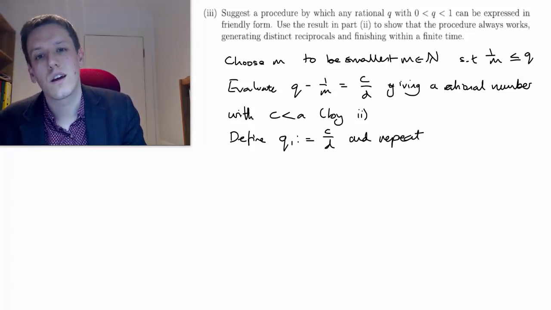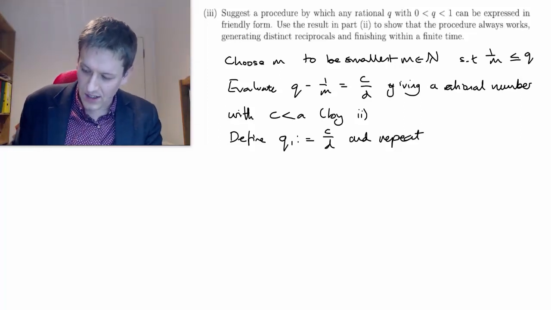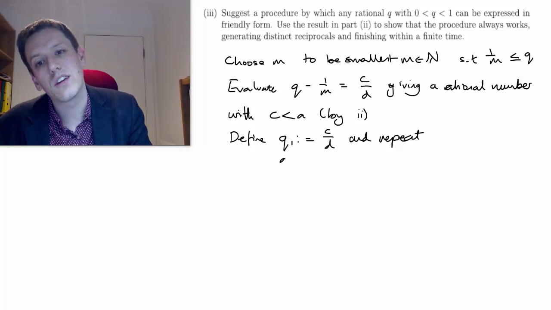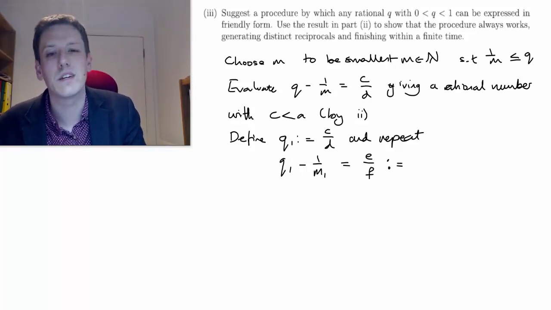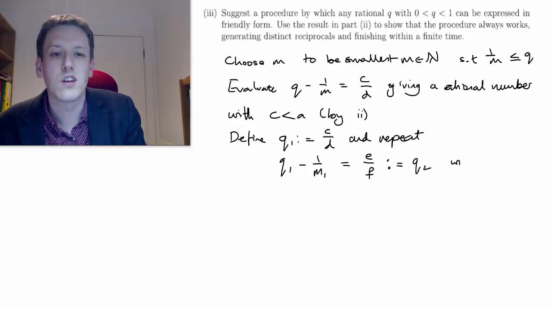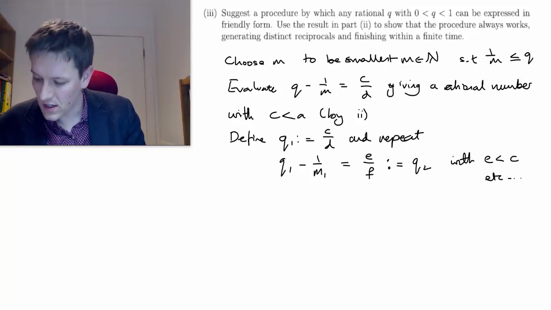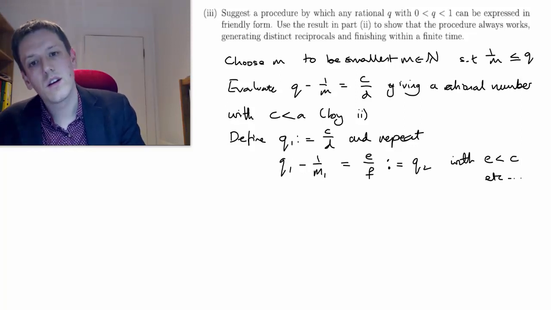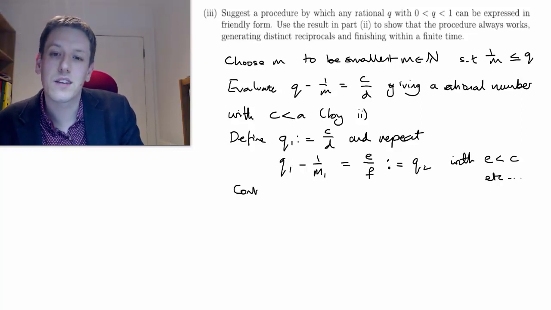Okay, so, and you don't have to be totally rigorous here, but you might just say, okay, so I get q1 minus 1 over m1 is maybe equal to e over f, and I'm going to define that. This colon equals means defined to be equal to q2, where now e is going to be less than c, etc. Now, continuing, so we need to say something like, continuing this gives